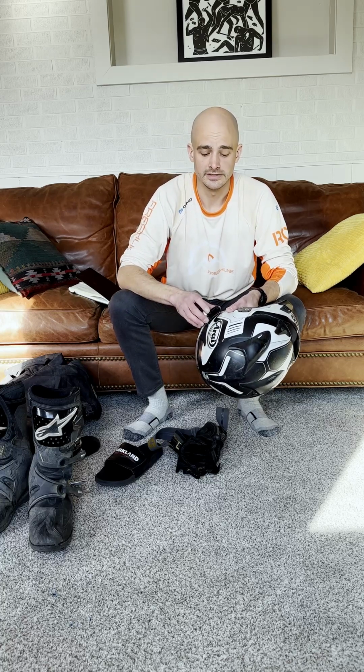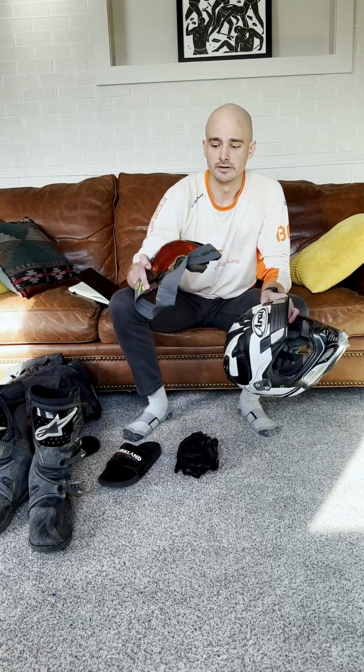If you're looking for a new helmet, I would absolutely go to a motorcycle shop, get your head measured, understand the crown of your head, and see if this thing fits, or whatever helmet you get fits. Pressure points are one thing you're going to want to be aware of, and one thing you're going to want to take notice of. I have removed the visor off of this helmet intentionally because over the last few years